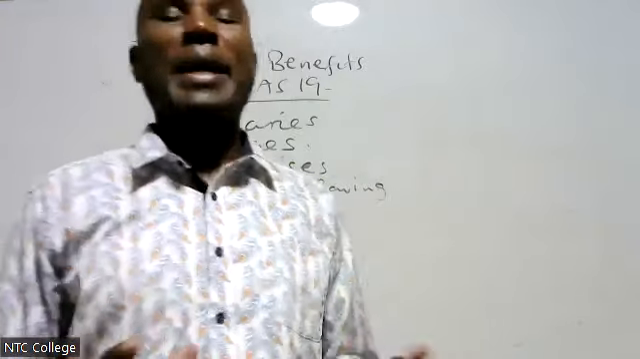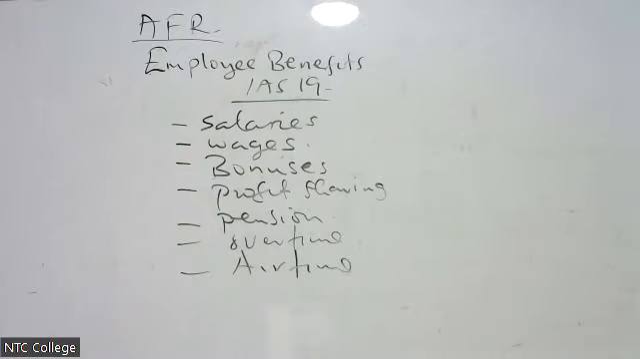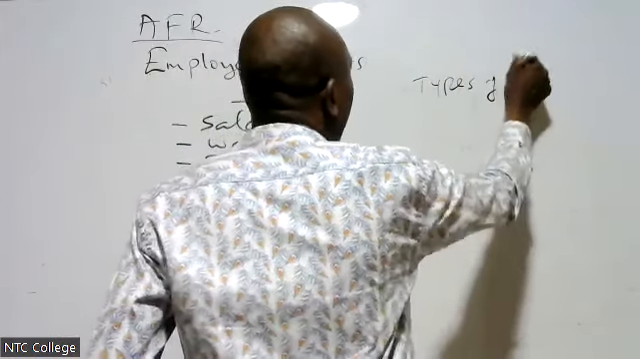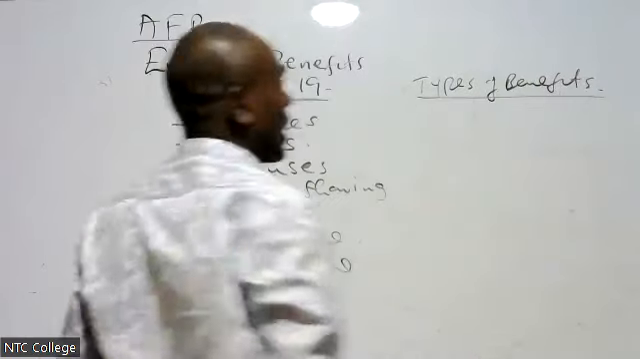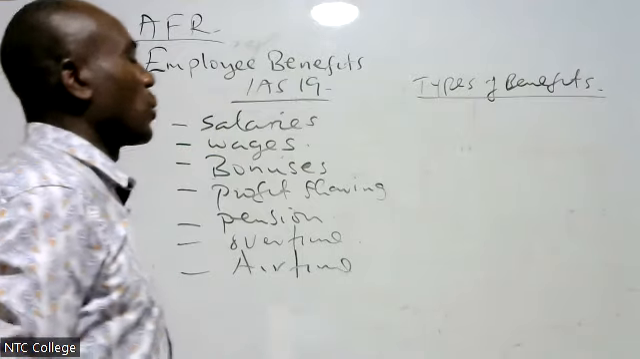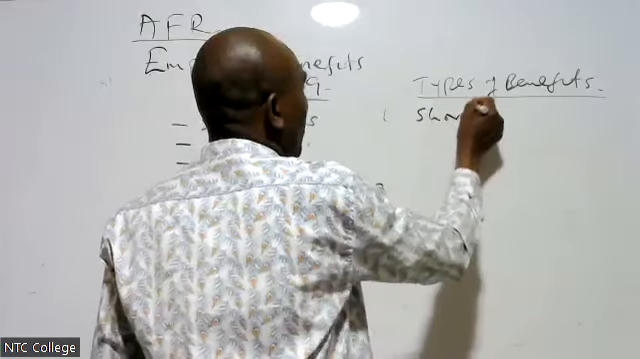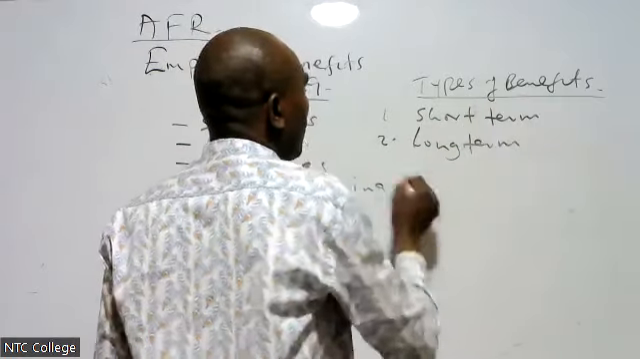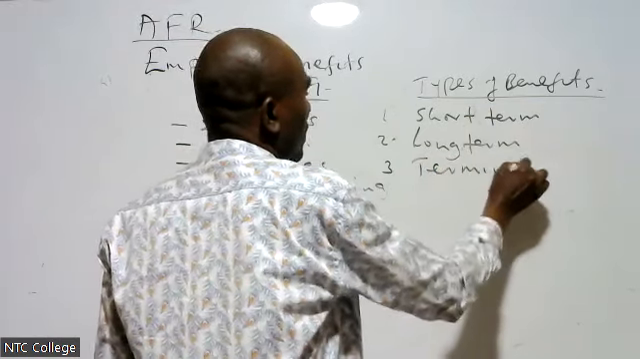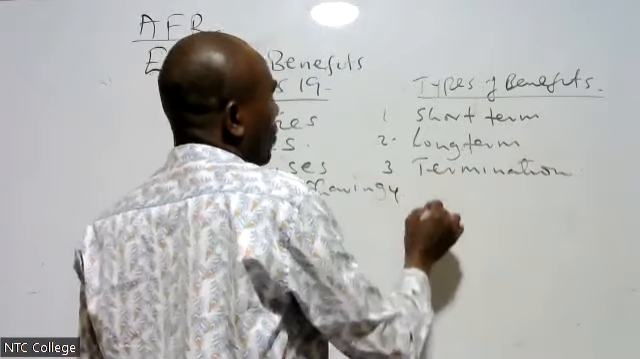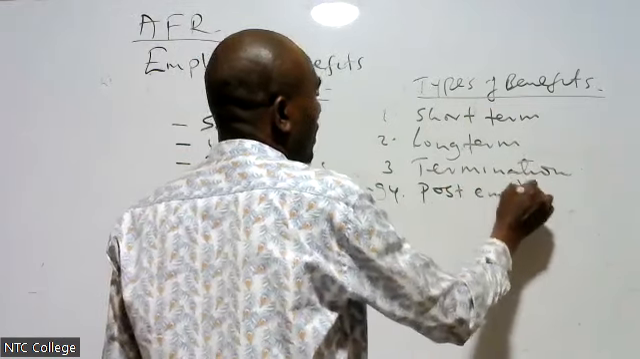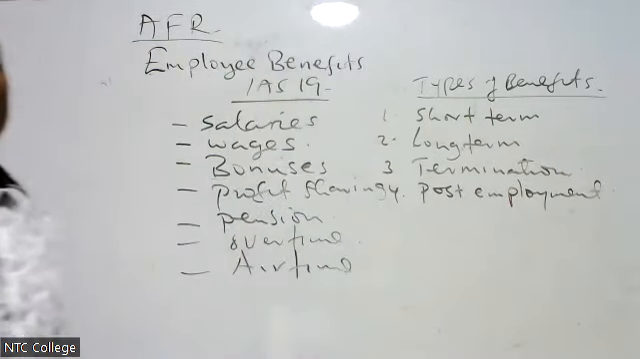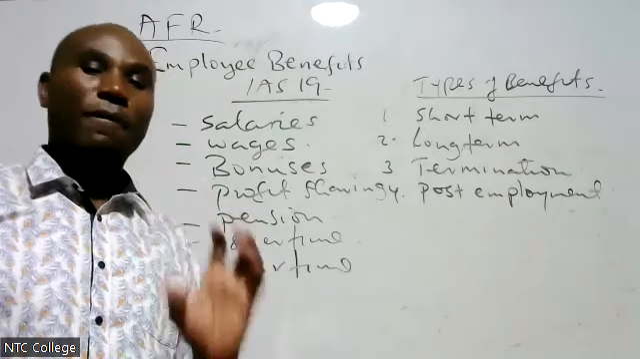Now, according to IAS 19, they put these benefits into 4 categories. Types of benefits based on IAS 19. We have 4 types of benefits that we need to look at. Number 1, what we call short-term benefits. Number 2, long-term benefits. Number 3, termination benefits. Number 4, post-employment benefits. Those are the 4 categories or 4 types of benefits that are available according to